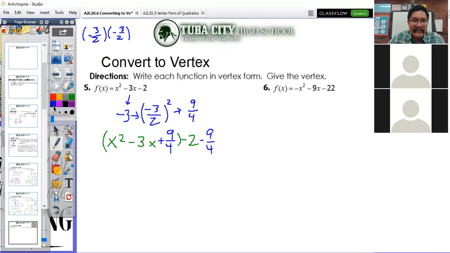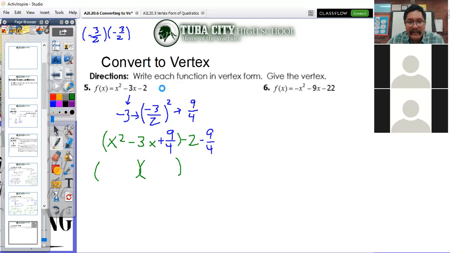Now, let's see if we can factor this out. So now, I'm kind of glad I left it as a fraction, because this is going to be a lot harder to factor if it was like, well, 9 over 4 would be 2.25. And it's a lot harder to ask yourself, what two numbers can I multiply to get 2.25? But here,